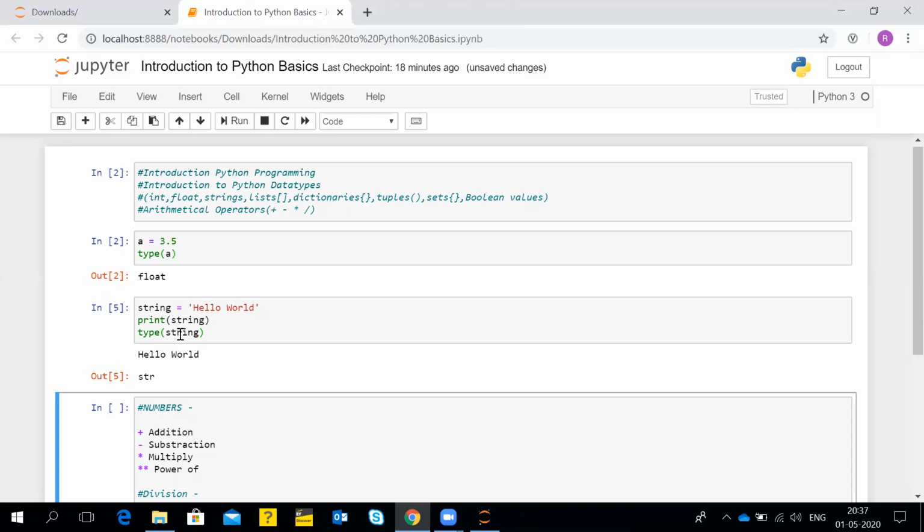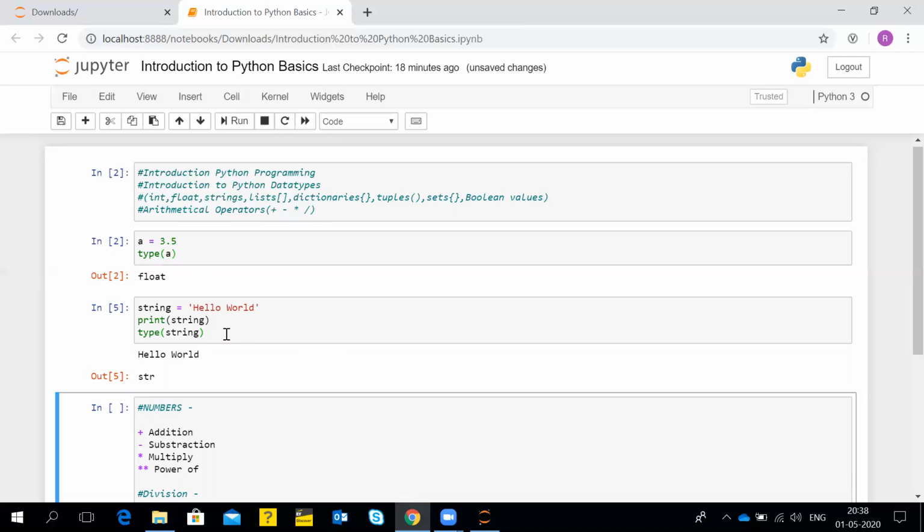There is a set of keywords which are already available in Python, like int, float, string. These are the keywords which are already present. So I recommend you don't use these types of keywords in your Python programs. This should be avoided. This is a best practice from the coding perspective. You should not use, in any language, the keywords which are assigned by default for that language, like int, float, string, then list. These keywords should be avoided. Coming on to the next data type, we have list.